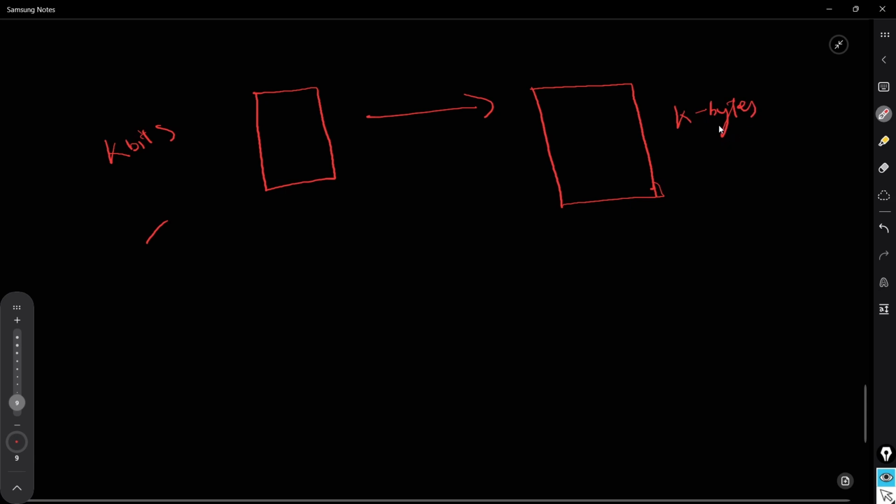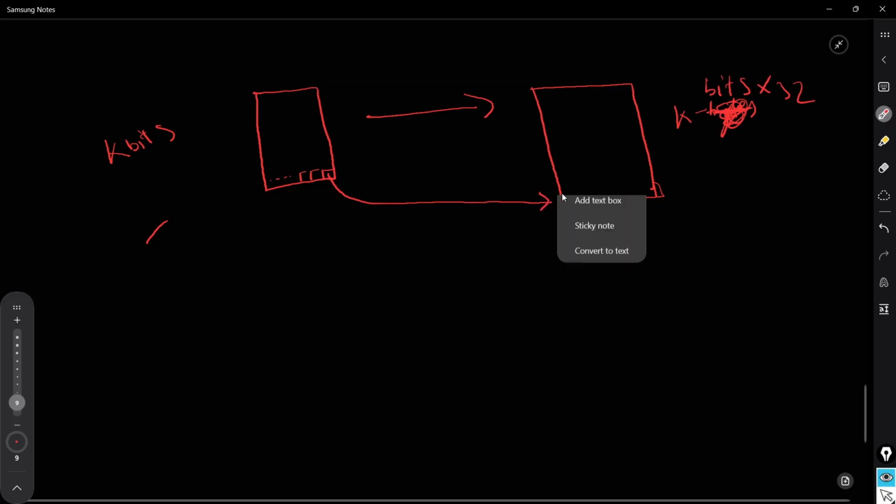No, actually, its size is k bits times 32, because each bit here is transformed to a word. A word is 32 bits.